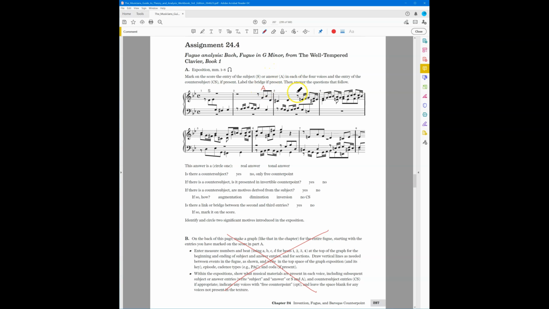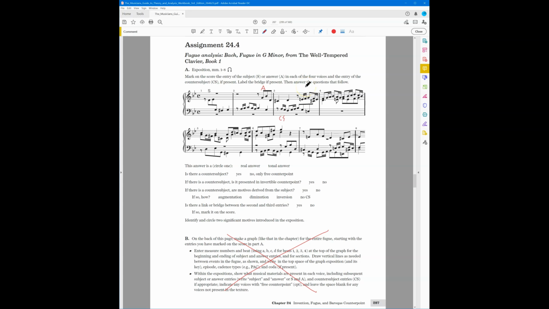I'm going to give you a little helpful hint. There is a countersubject in this, and it begins right here on this descending 16th note line. We'll call this CS for countersubject. I'm not going to provide any more analysis. It's your job to find the remaining subject and answers and instances of countersubject, but I will point out